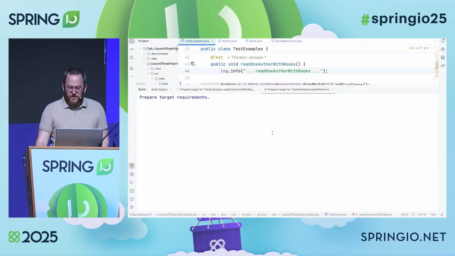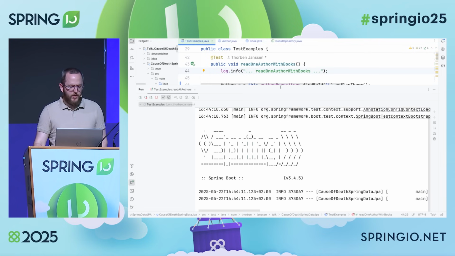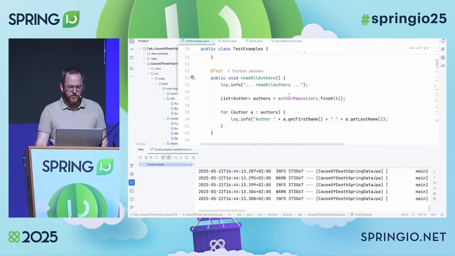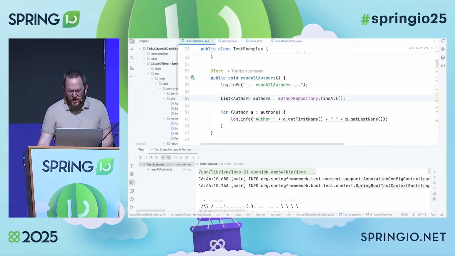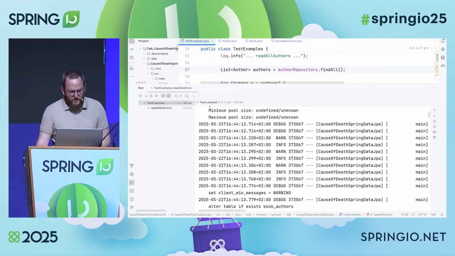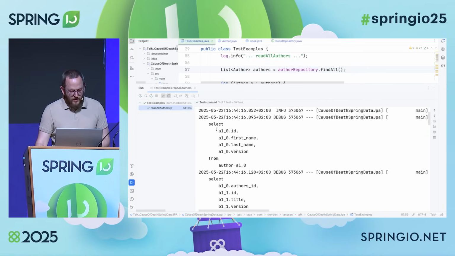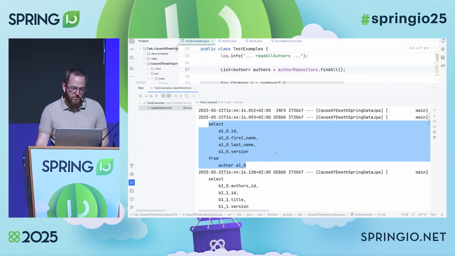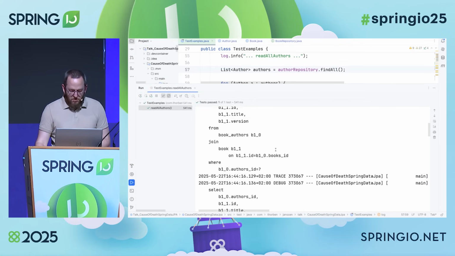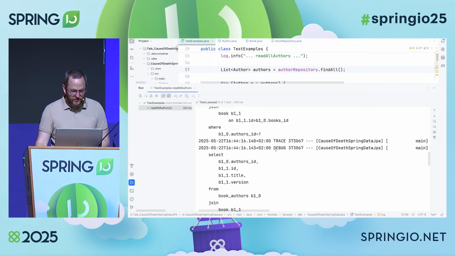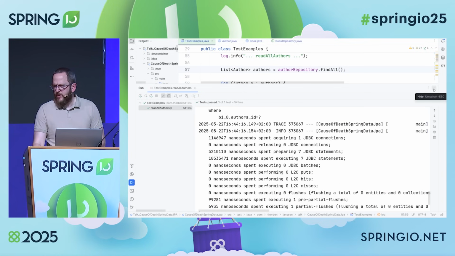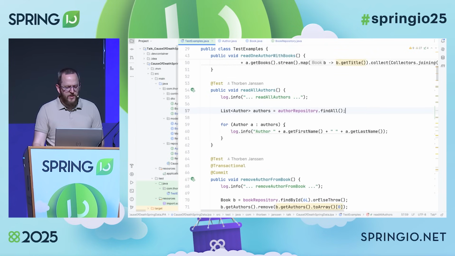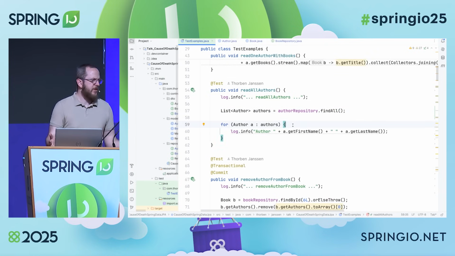But it's not that great if we run the next test case, which gets all authors and just wants to print out the first name and last name. Because then we have a query that fetches the author. Yeah, fine, I need that. And have a bunch of select statements that fetch the books. 6 in this case, because my database only contains 6 authors, and that means I executed 6 additional queries on